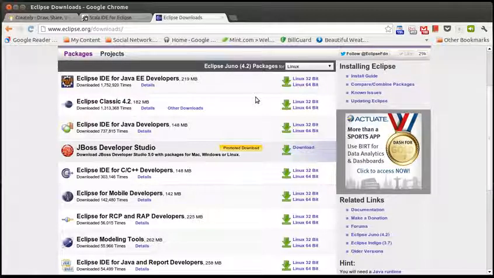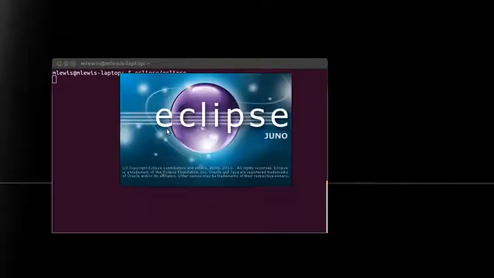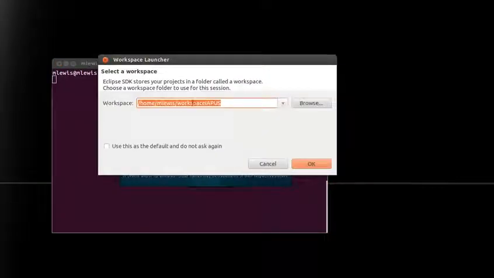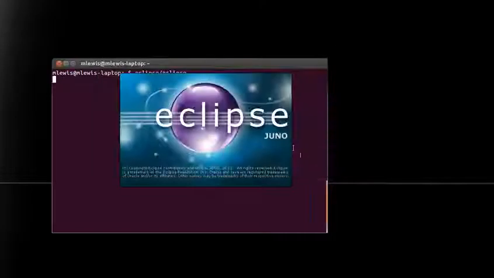So once you have Eclipse, we can run Eclipse. I haven't added it to my path or anything, I just have it sitting here in my user directory. And it's inside of a directory called Eclipse, and the executable is called Eclipse. And as you can see here, I'm running the version called Juno. You'll be asked for a workspace. I have multiple workspaces. I created one just for this video set so that it's not cluttered with other things. And if I select OK there,